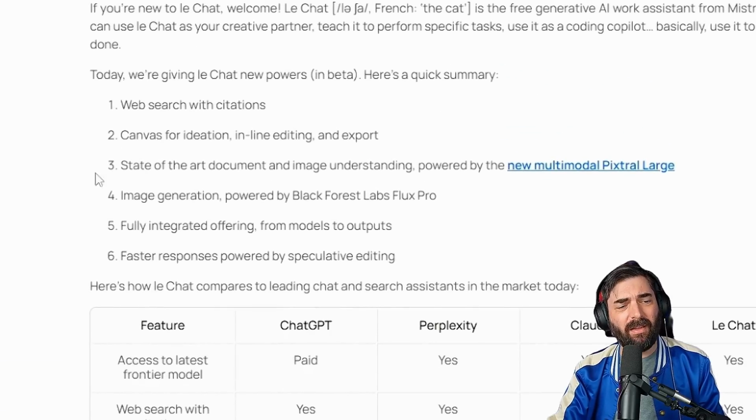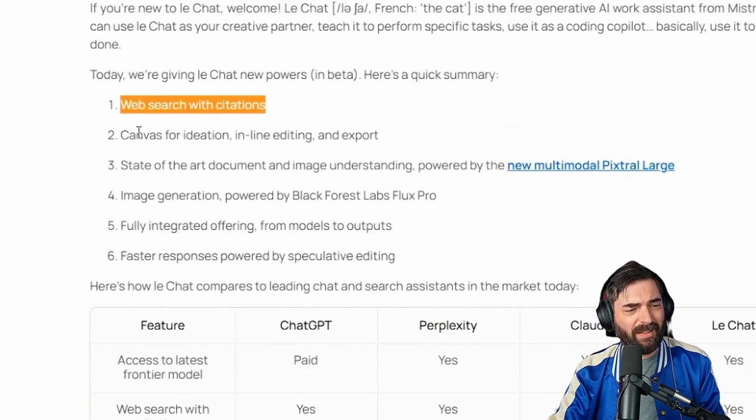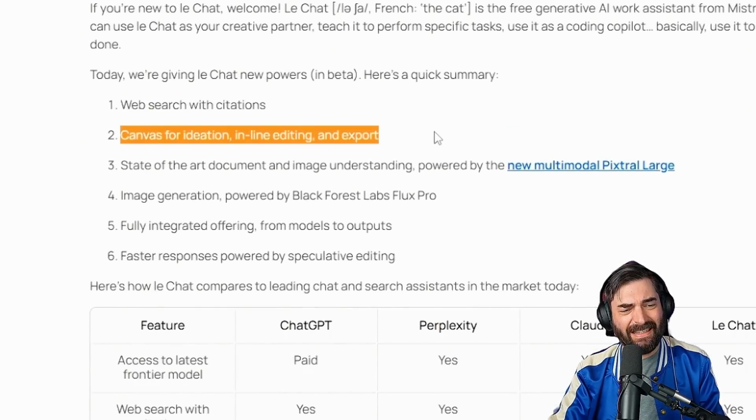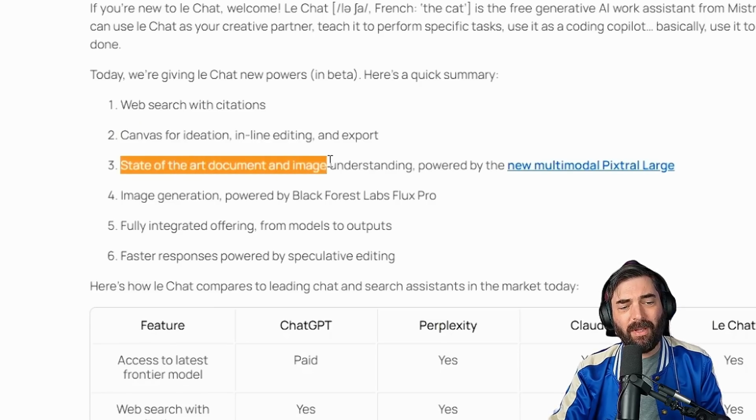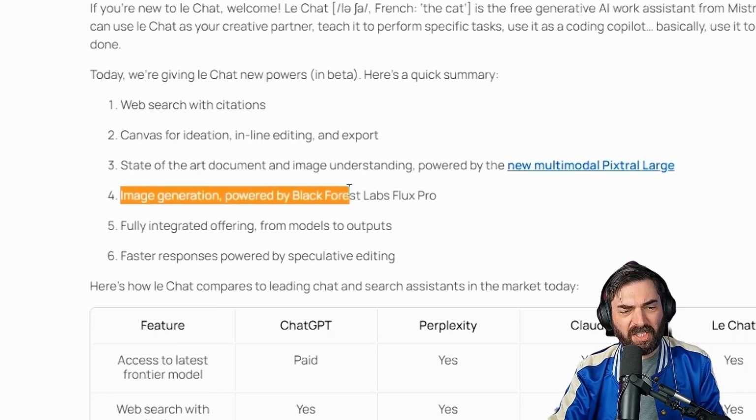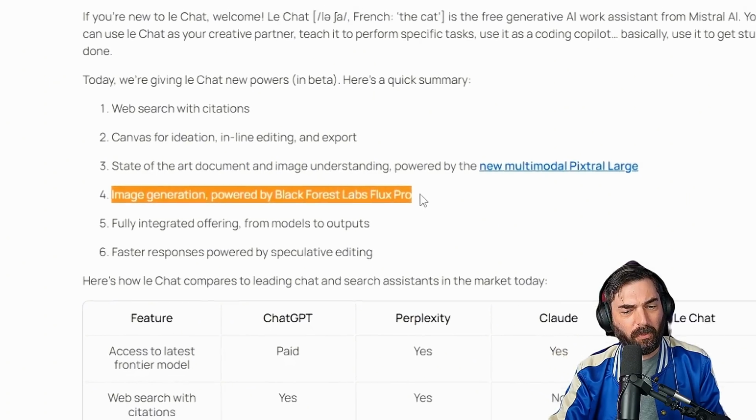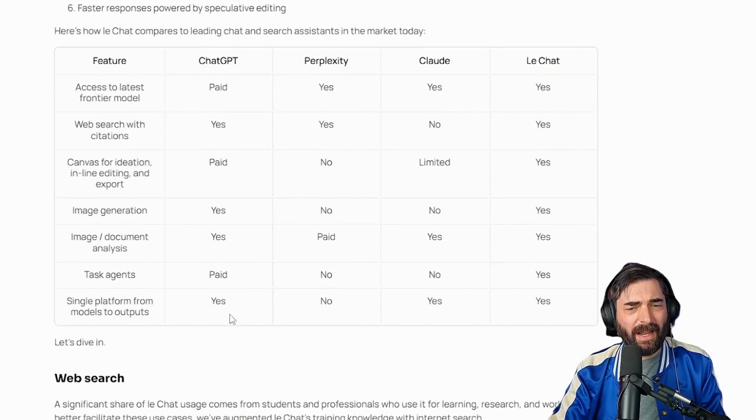LeChat now has some new features: web search with citations, Canvas for ideation and inline editing, state-of-the-art document and image understanding, image generation powered by Black Forest Labs Flux Pro, and we got a little breakdown here comparing ChatGPT, Perplexity, Claude, and LeChat, showing that most of the features that are paid in these other platforms are actually free here